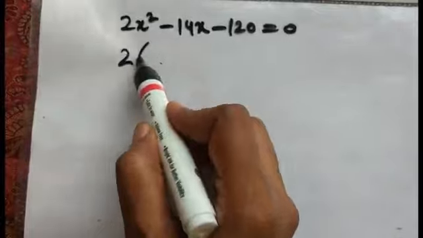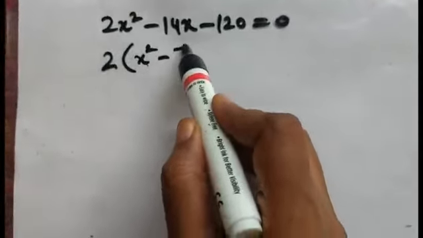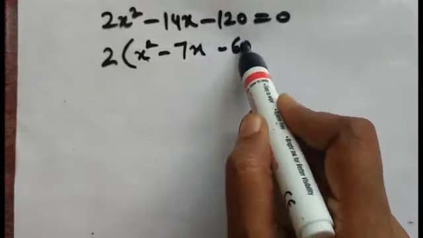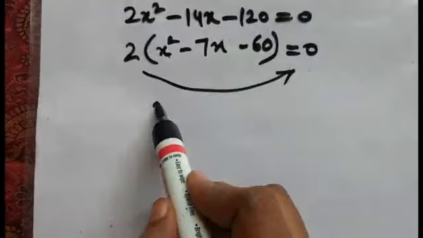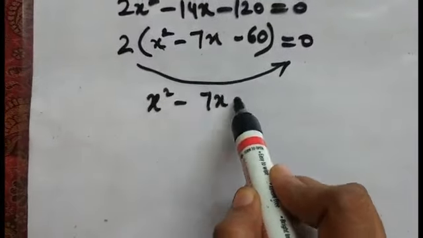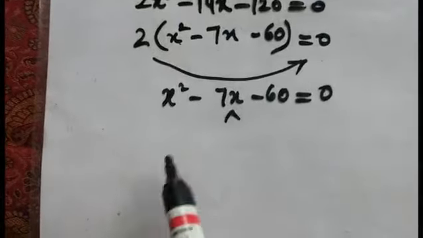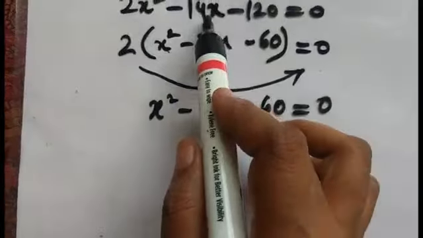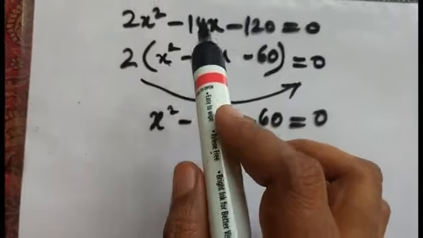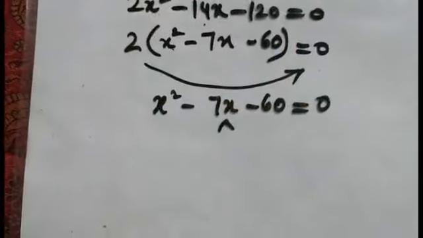So after addition or subtraction of your constants, we got this quadratic equation. If you look at this carefully, to save your time, you can take 2 as common from them. Okay, so it will be 2x square minus 2 7s are 14, 2 6s are 12, 2 0s are 0. It is equal to 0. Now once I transpose this to the whole equation like this, done. Now it is easy for us to do factorization using the splitting middle term method.